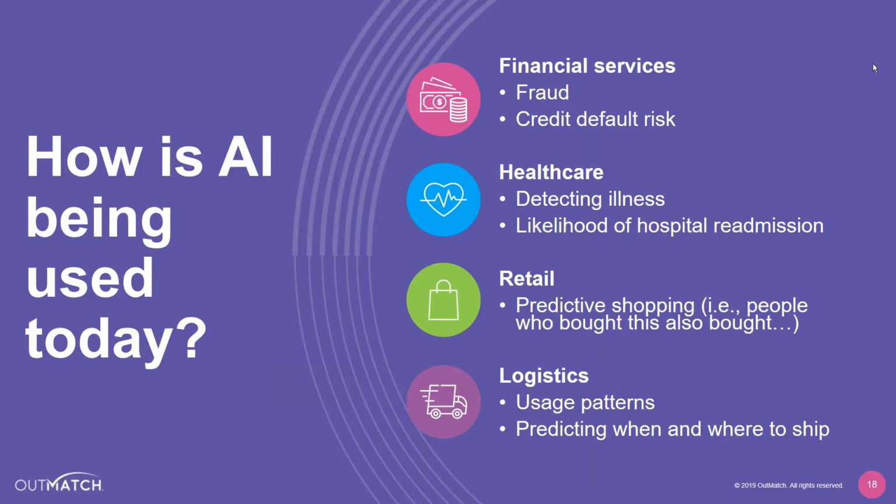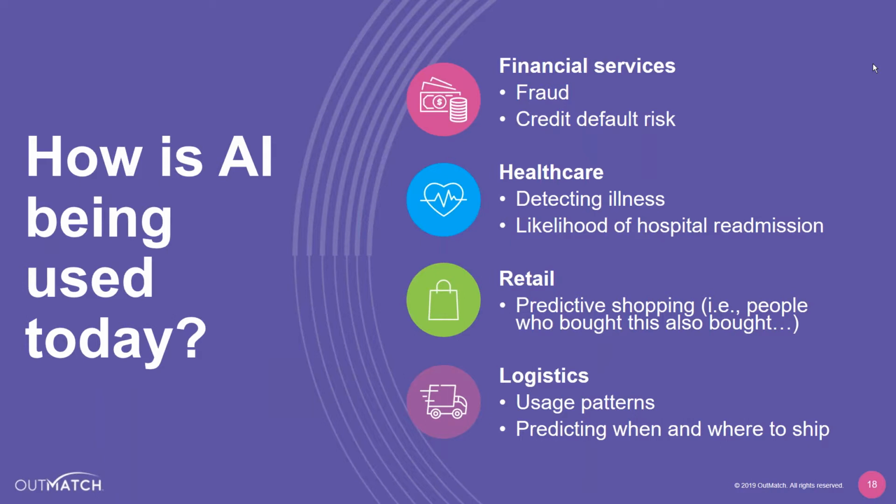It's projected that AI will disrupt or replace roughly 47% of jobs within the United States alone. That's a huge impact in the next 10 years' time. Already today, if we look at, for example, the financial services industry, AI can be used to detect fraud. It can be used to detect credit default risk, which is one of those issues where perhaps more explainability is